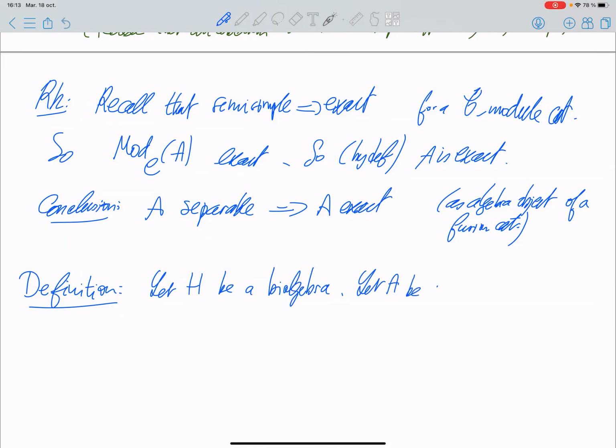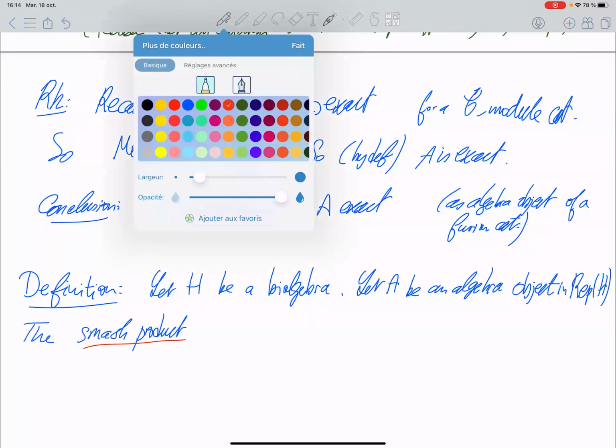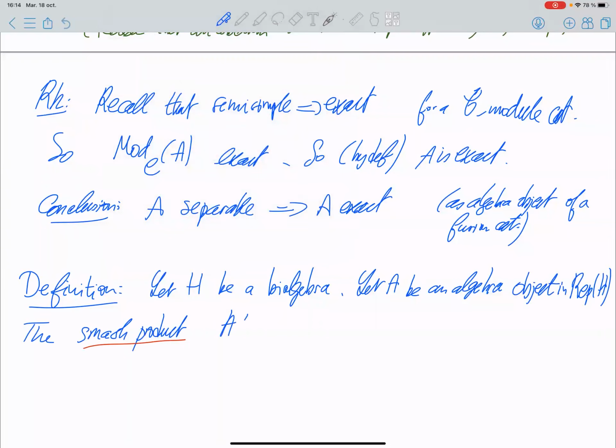Let A be an algebra object in the category of representations of H. What is called the smash product, A smash H, is the tensor product A tensor H